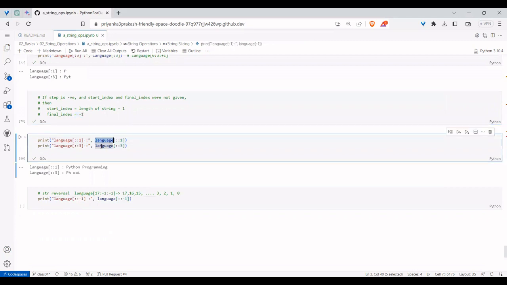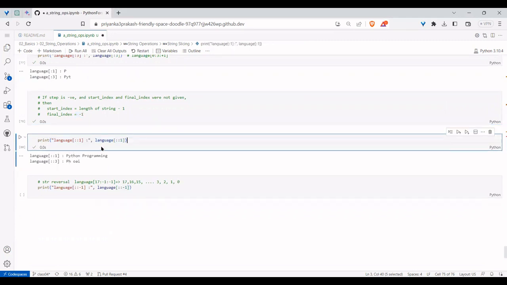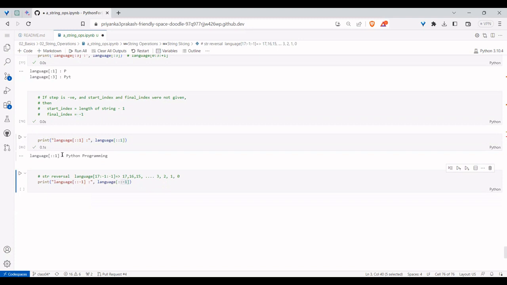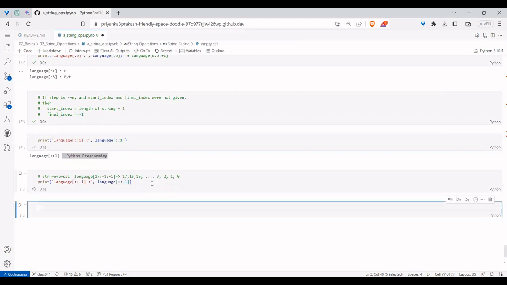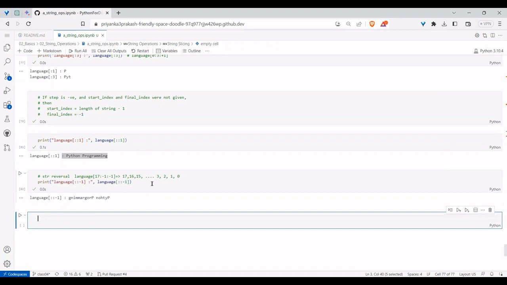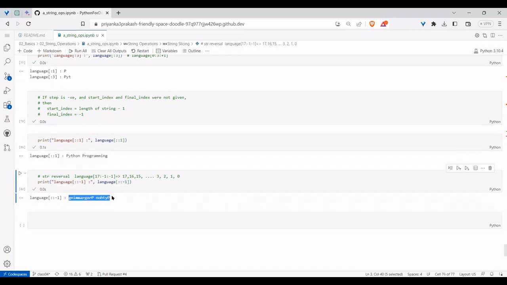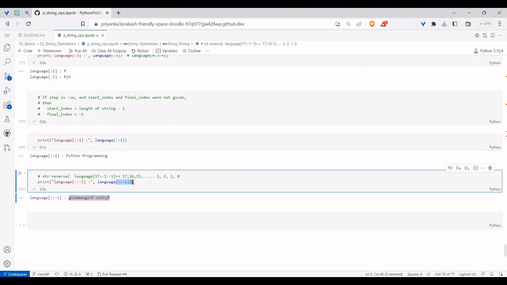If you do an ordinary colon colon 1, you get everything from the start till the end. Whereas if you do the same thing colon colon minus 1, you get the values in reverse direction. This is called string reversal. Just imagine, in Python, in just one line, you wrote string reversal. If you need to do the same thing in C language, how many lines of for loop would you need?